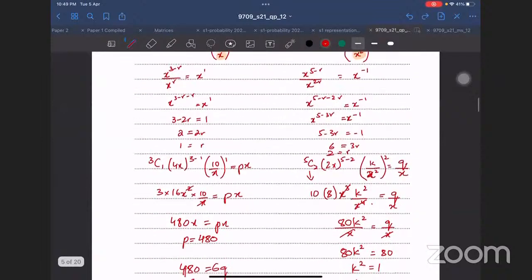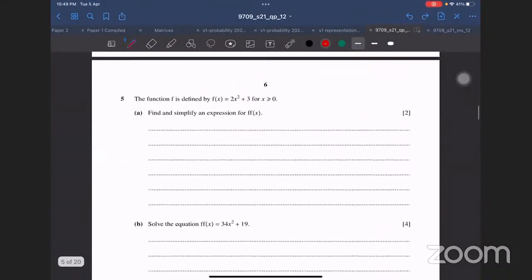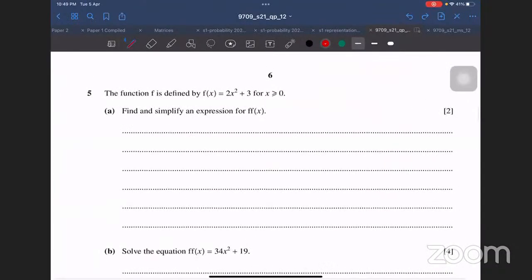Okay, next question, functions. Okay, this says that the function f is defined by this, it's a quadratic function for x greater than or equals to 0. Find and simplify an expression for f of x. So f of x का मतलब है कि